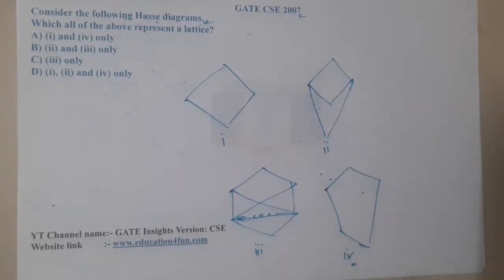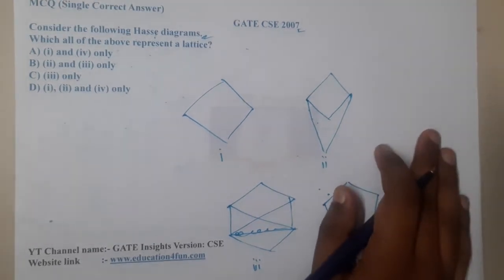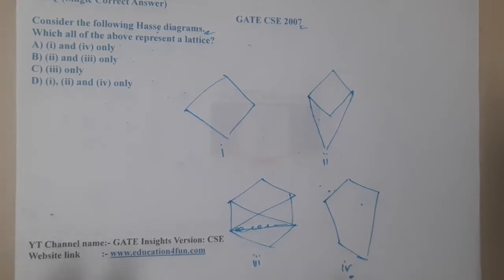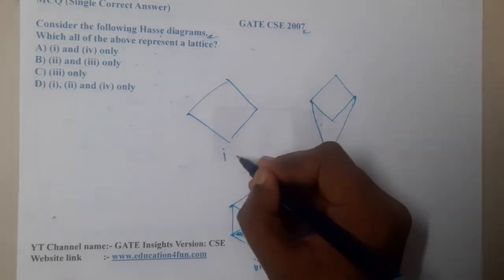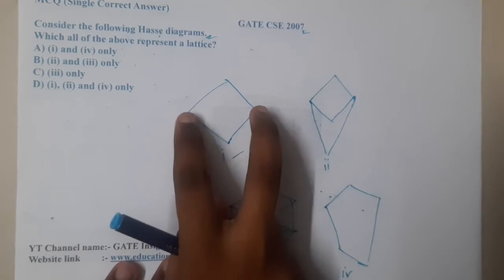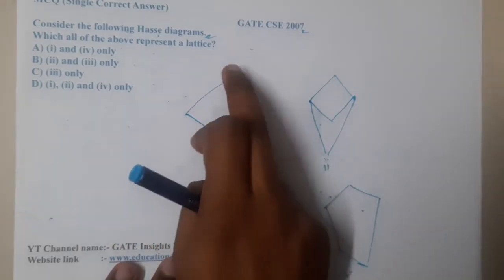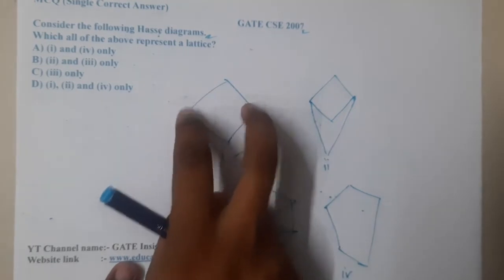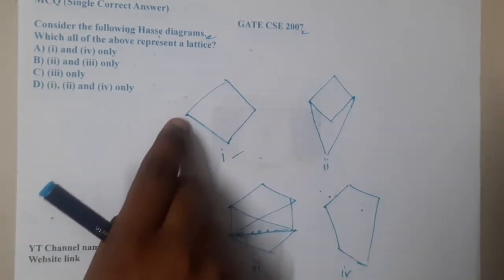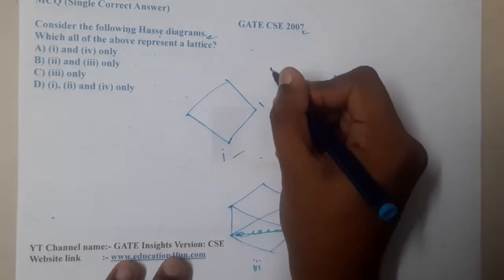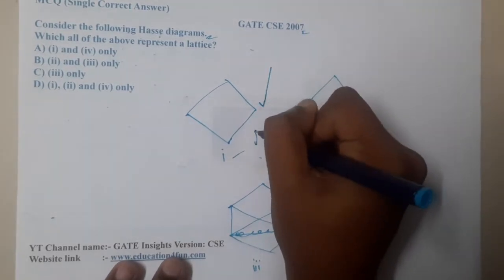So now the question is we need to find which of the following is a lattice. By observation I can say one of these is a compulsory lattice. If you observe the first one carefully, it is a proper lattice. If you try to find for these two, you will get this as the upper value, for these two the lower value. In that way, anywhere you check, you are going to get a lattice.